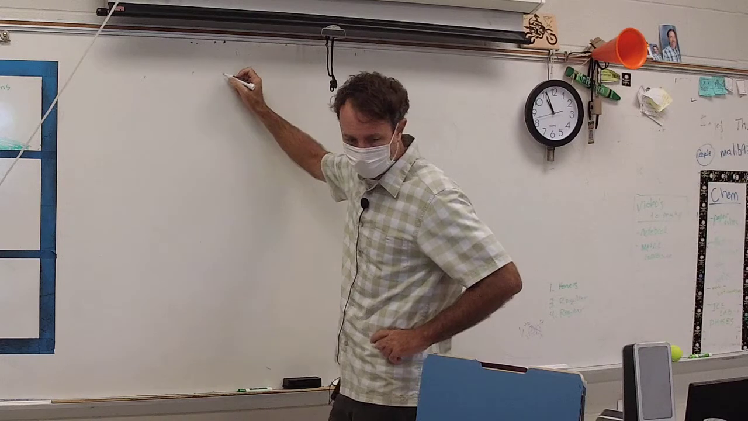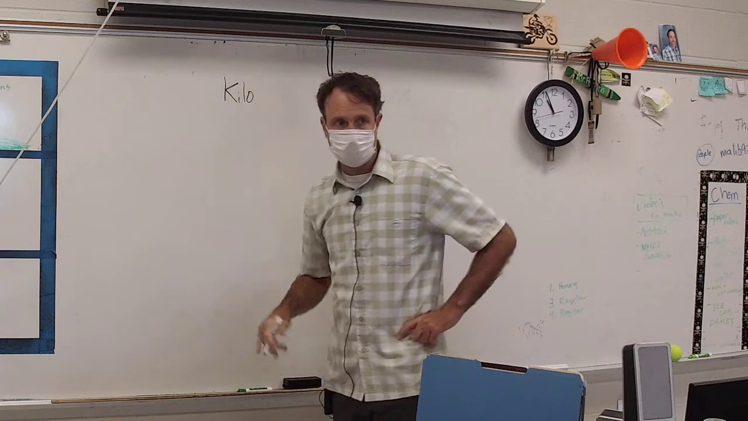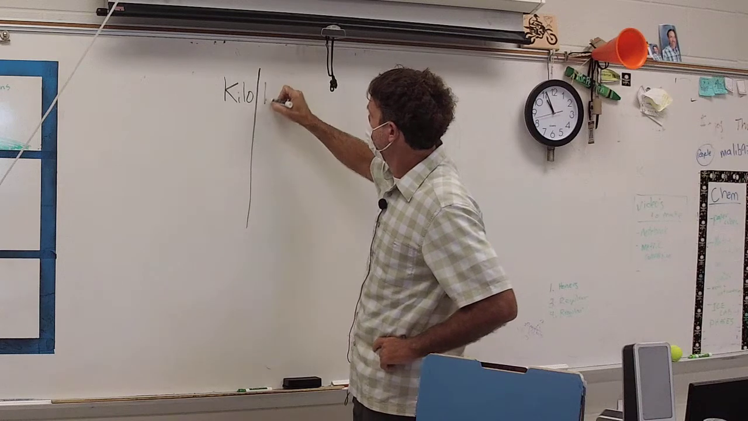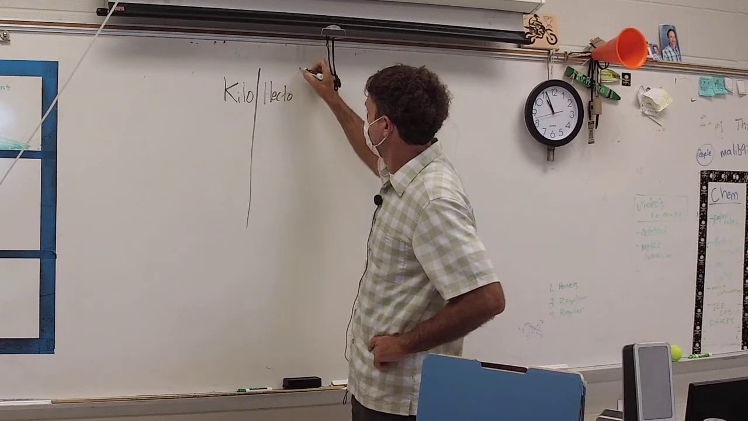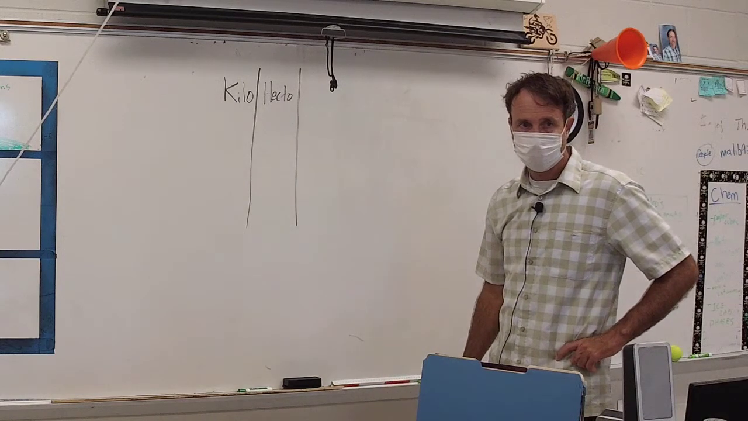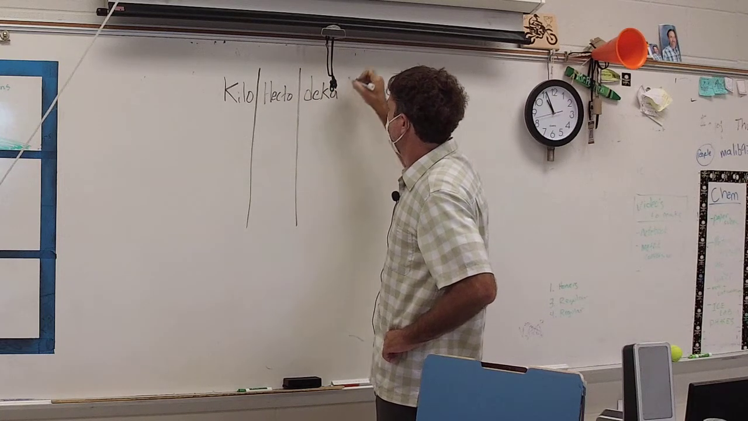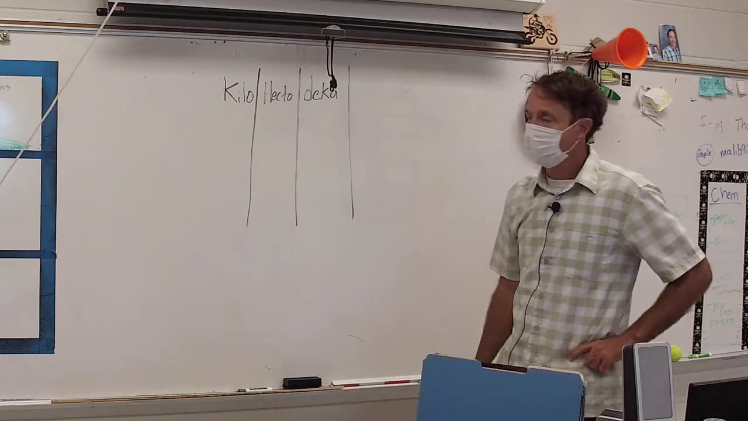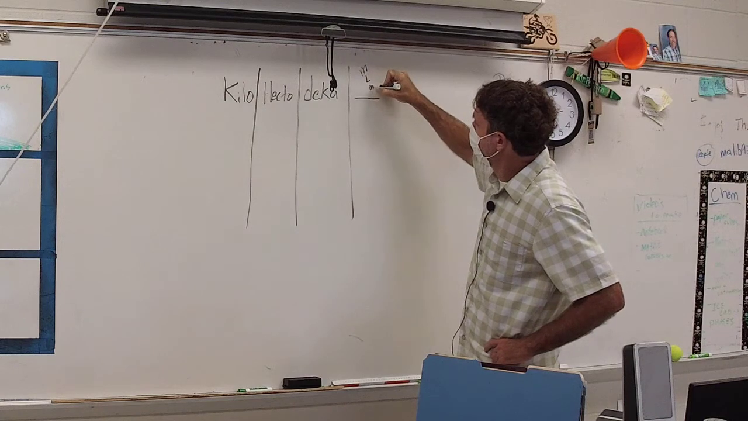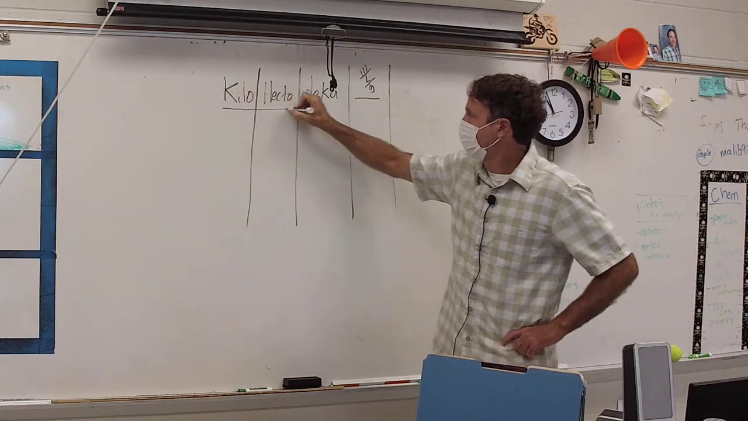Kilo. Make sure I'm fitting this on the board here. Right? Kilo means 1,000, like kilogram or kilometer, right? And then you have hecto. That means 100. Kilo, hecto. All right? And then you have deca. That means 10. And then you have your base unit. And this can be meters, liters, or grams. These are the base units. In other words, if you're just talking about one,